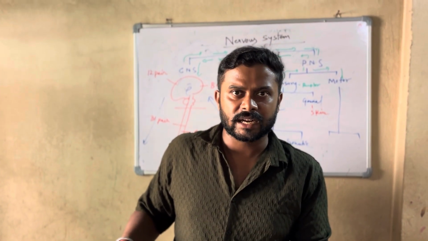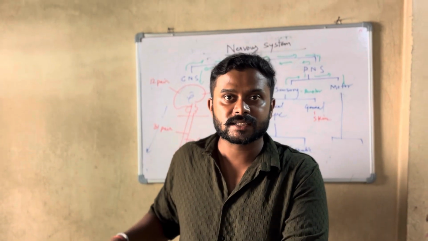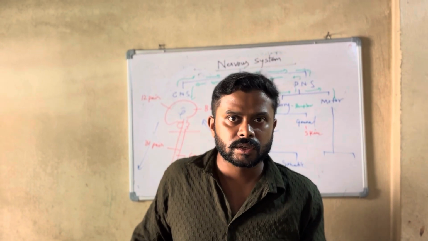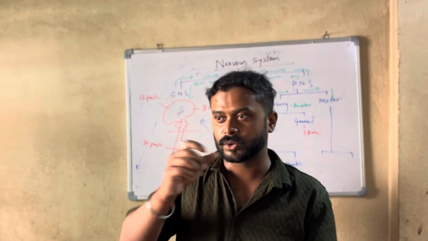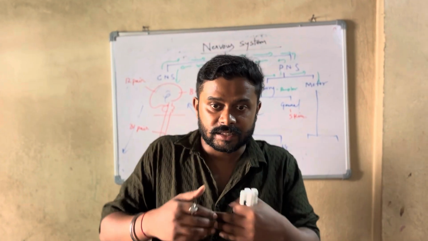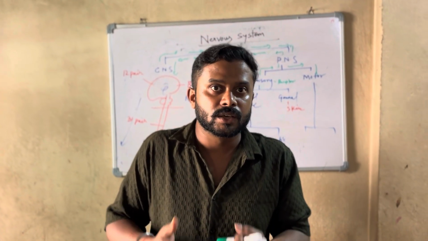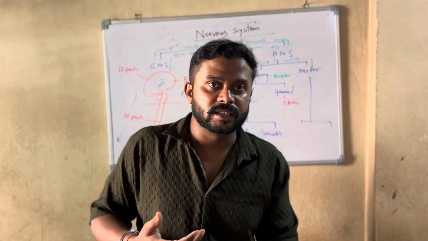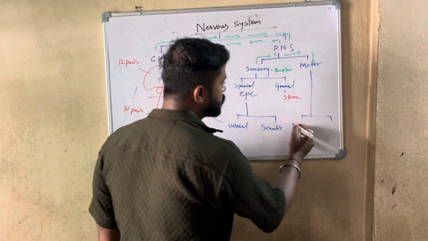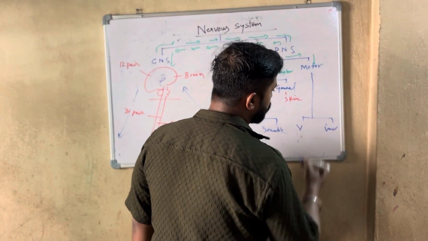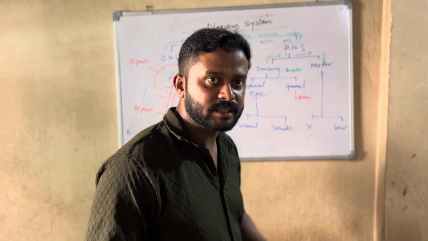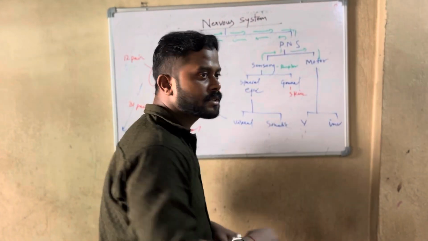When I see it, that is a visual action, that means a sensory action, but my response is whether I eat it or not. If I eat the chicken pakora, then digestion will occur. I cannot control the digestion, so digestion is involuntary. So motor is one voluntary, one involuntary. Involuntary is also categorized into sympathetic and parasympathetic. I will discuss it later. I will discuss the peripheral nervous system later on.